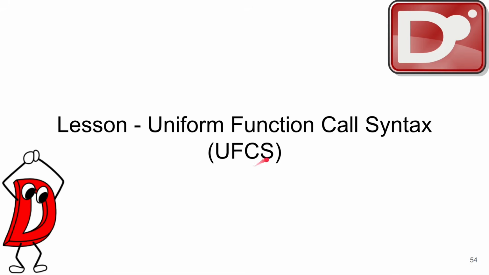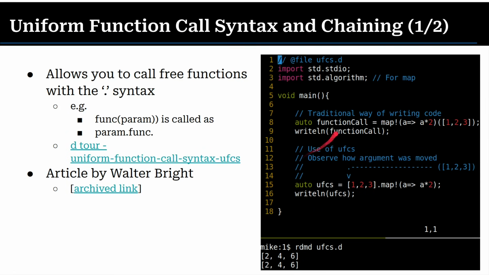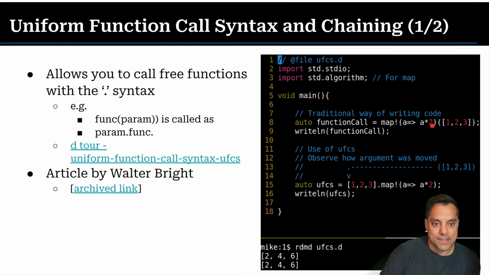Uniform function call syntax, UFCS. Basically this is what I showed you earlier, where you can chain together functions. I don't know about you, but I've made errors before where I can't keep track of the parentheses or how nested something is, or maybe it just takes me a long time to type out. But certainly this at line 15 is easier to read than what I see at line 8, where I've got this map here. What is map? Well, map is basically something that says, hey, apply this operation, a times 2. So basically take 1, 2, and 3, treat those as a, and multiply those. That's kind of like this shortened lambda that we just learned about. And I can just multiply each of the values here. So that's what map is doing.